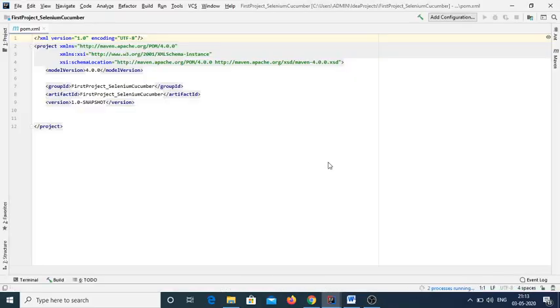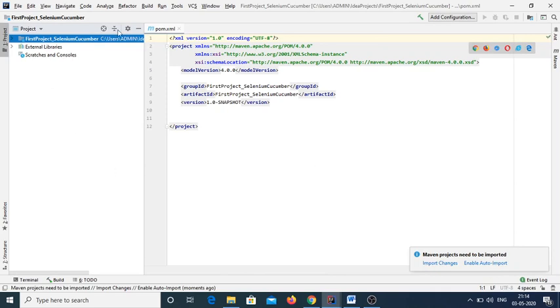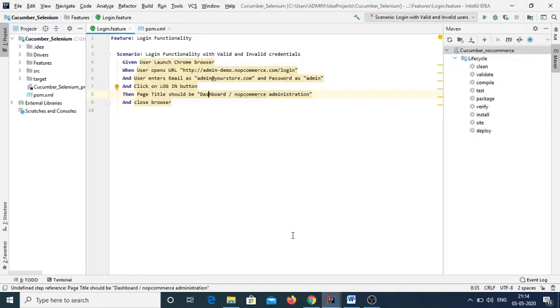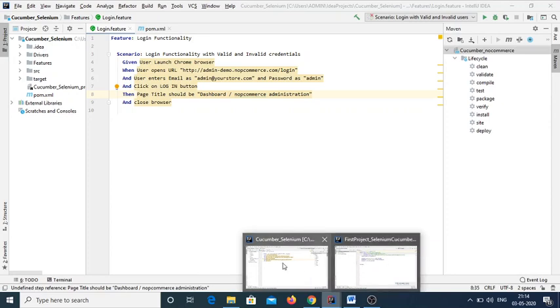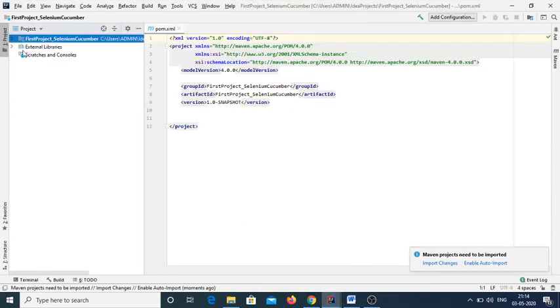Just click on new window. So a new Maven project will be created, and if you see there is one more window, it's already been there. So we have opened in a new window. This is the Maven project we have created, and this is the default project structure it creates.